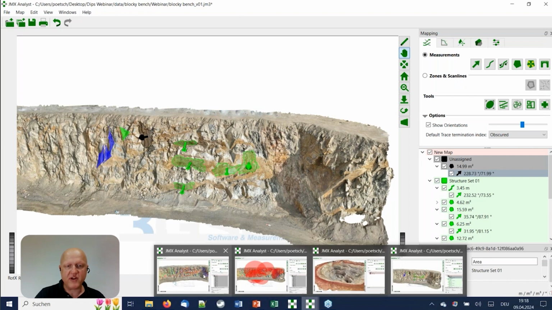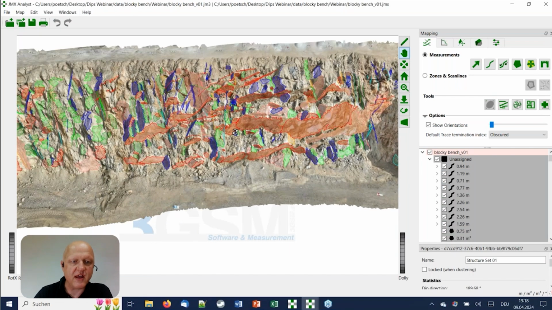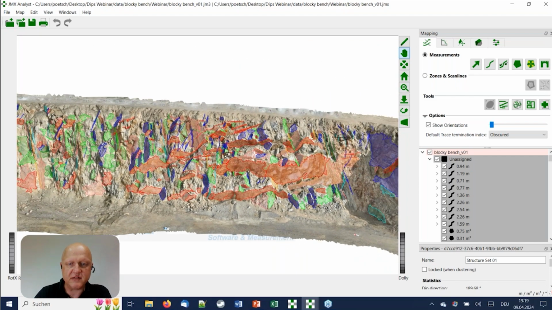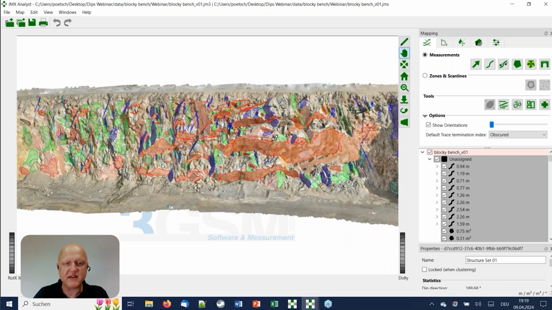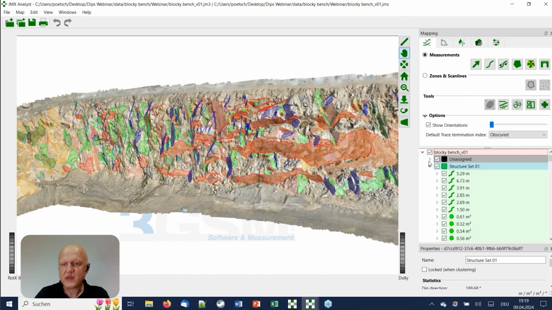So let me jump over here to the same phase, but through a more elaborate example here. So we see here already quite a comprehensive assessment with lots of areas and even traces. We have a couple of joint sets identified, and we can have a look at the